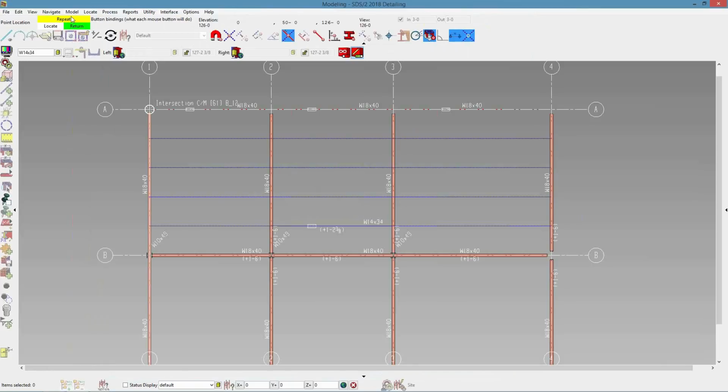So if I say OK, and I could use my left and right and select my points, but we still have the option to repeat. So our button bindings are still going to be the same. Left click is locate, middle click repeat, and right click return. So I can go along this bay here and middle click to repeat